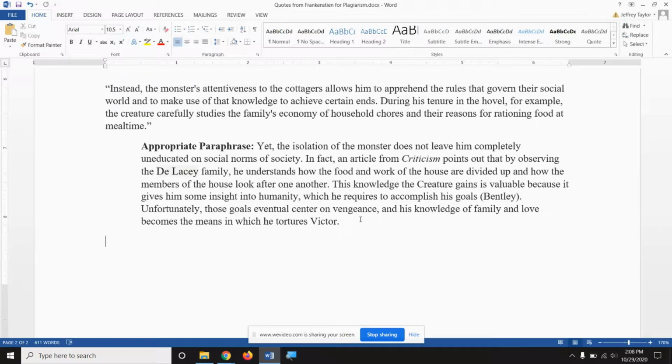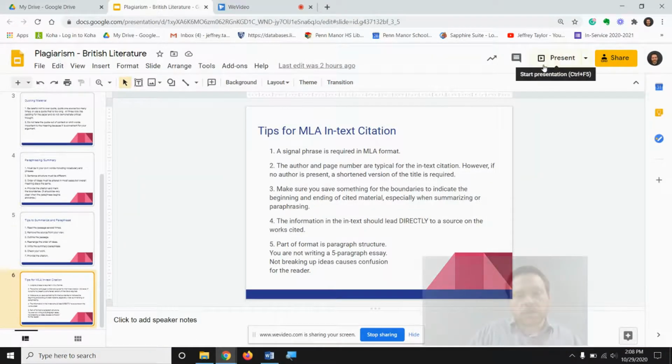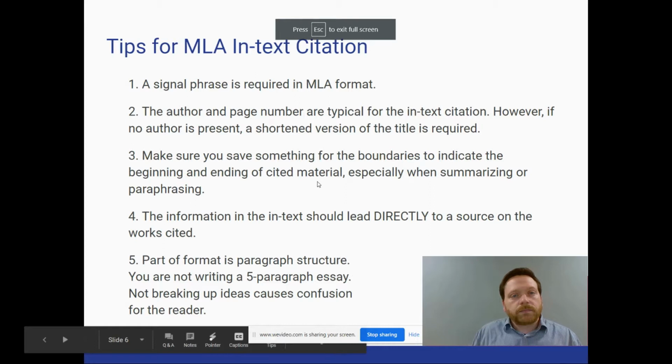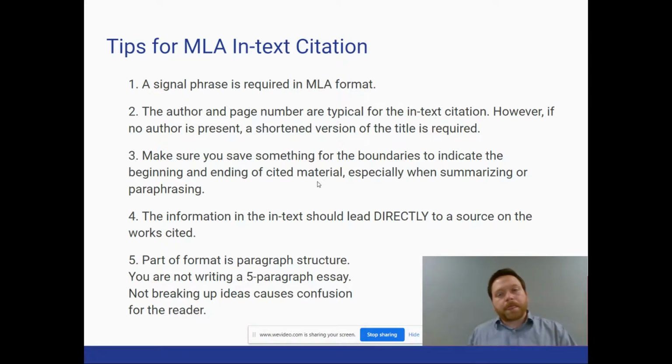And that's what you want to make sure you're making an effort to avoid, because that will cost you points. All right, just a few things on the presentation here for MLA. Misuse of MLA often leads to plagiarism and inadvertent plagiarism. So here are just a few things that are kind of typical